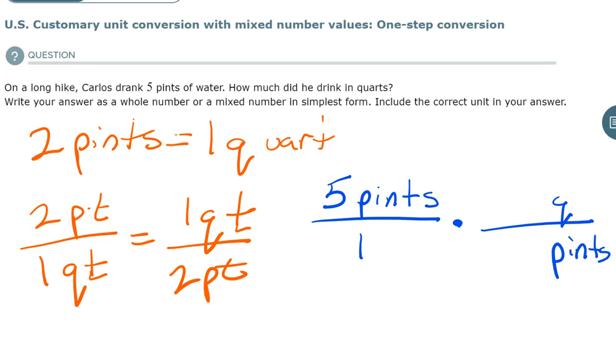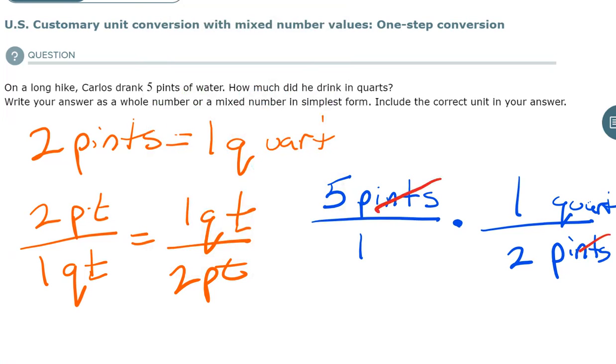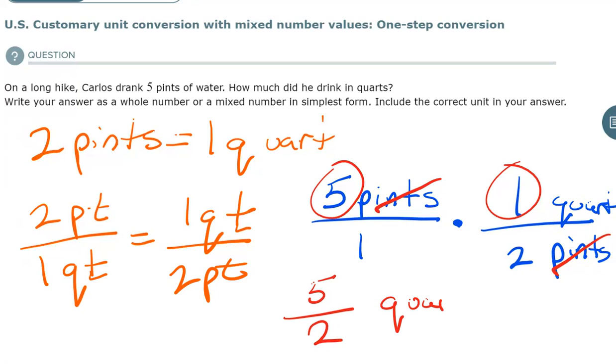I want to figure out how many quarts, so quarts are going to go on the top, and we know that there are 2 pints to 1 quart, and now it's just a matter of reducing. Pint over pint leaves me with 1. 5 times 1 gives me 5. 1 times 2 gives me 2, and I'm left with quarts as my only